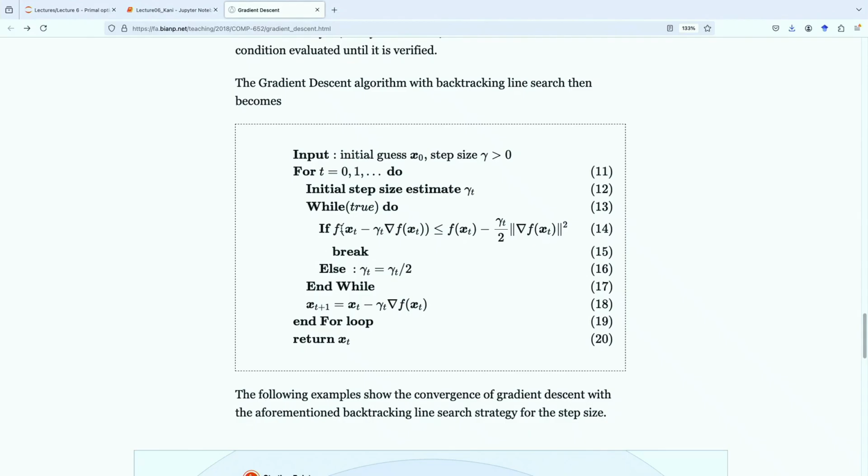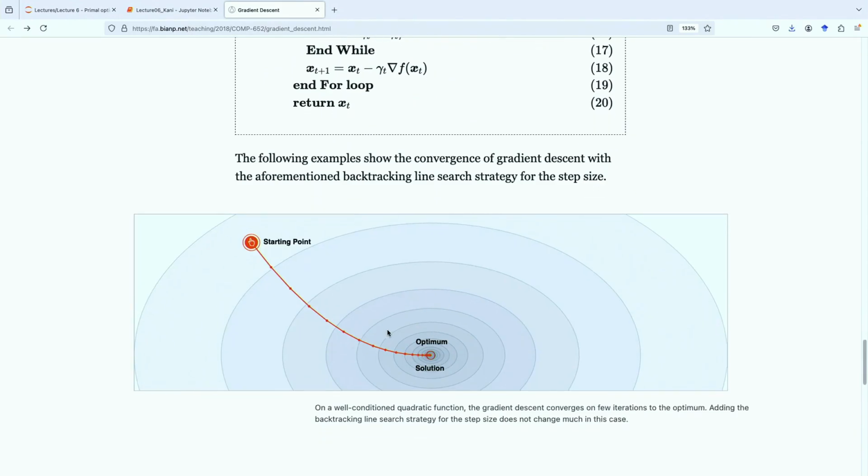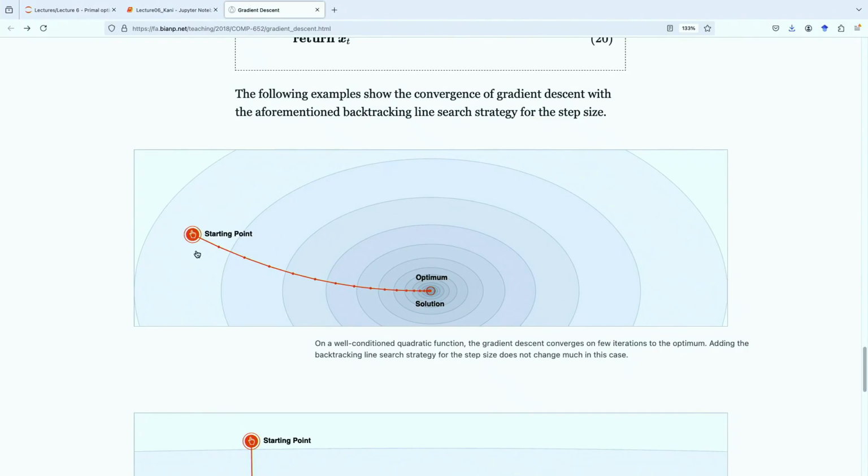If this condition is held, then we don't need to do anything. If the condition is not held, then we decrease the step size by a decay of 0.05. And so, what happens? Well, ideally, in normal circumstances, like when you have a well-behaved convex function, that's